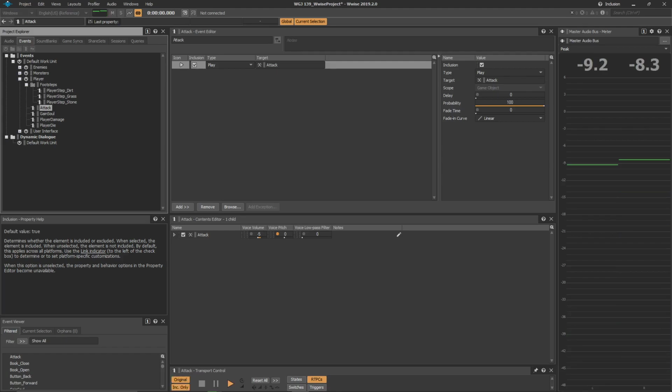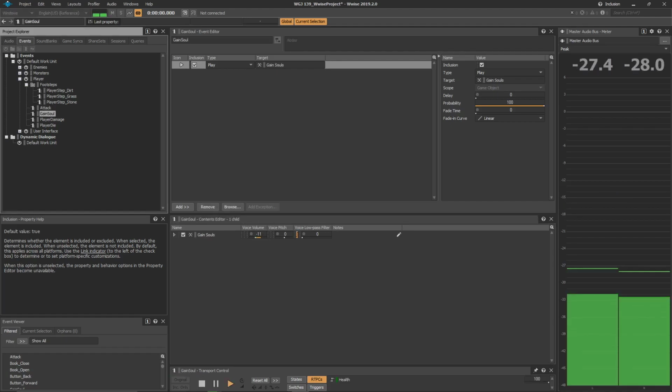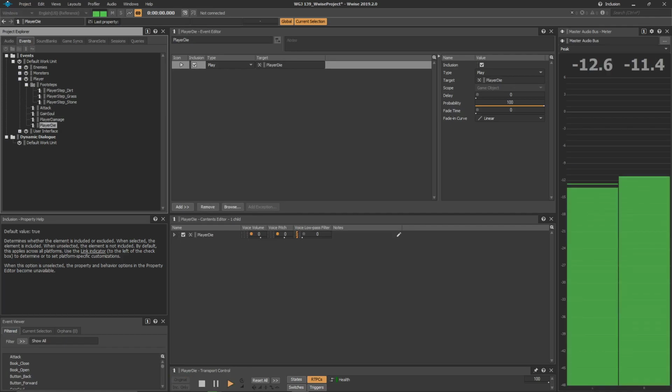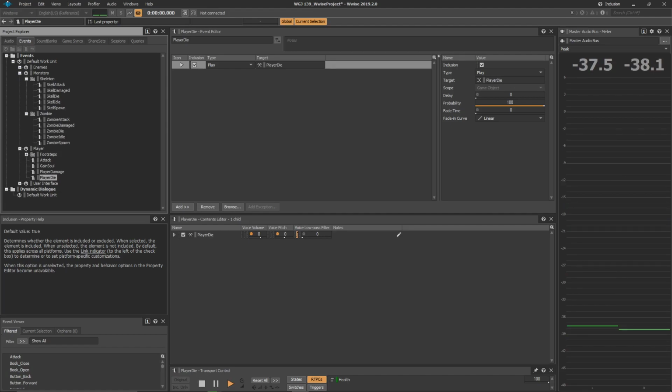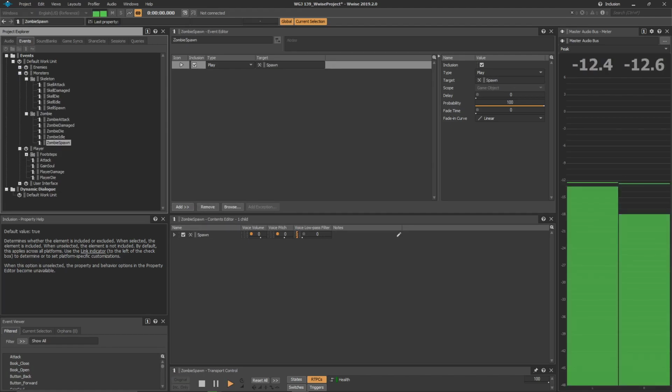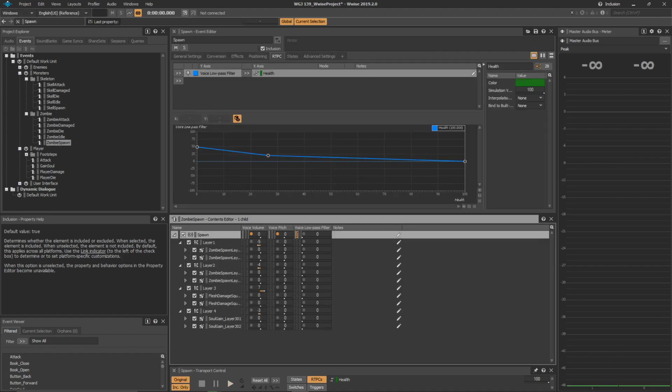Attacking. This has a couple of extra things going on with the effects. Now for some of the monsters, whenever you summon something, this has a few different things going on as well. In this one, we've got